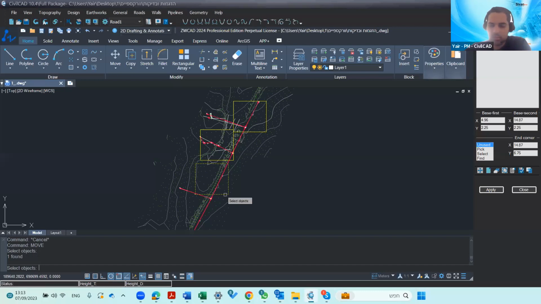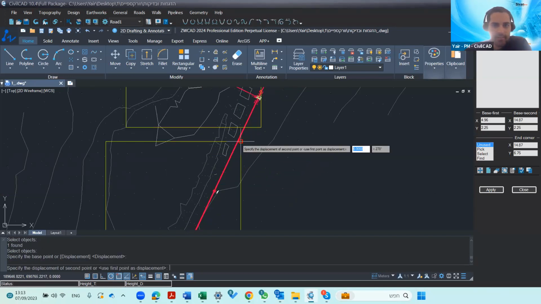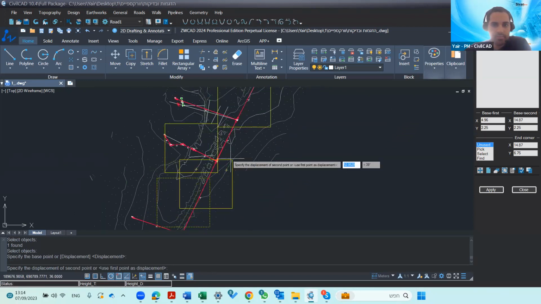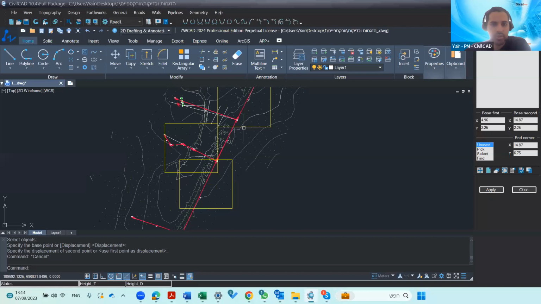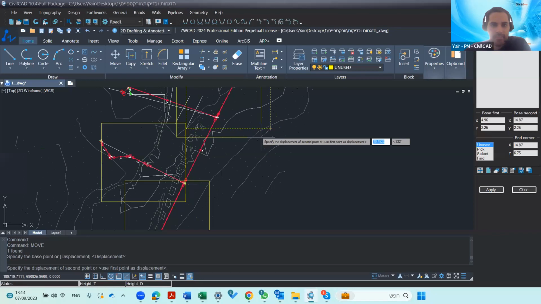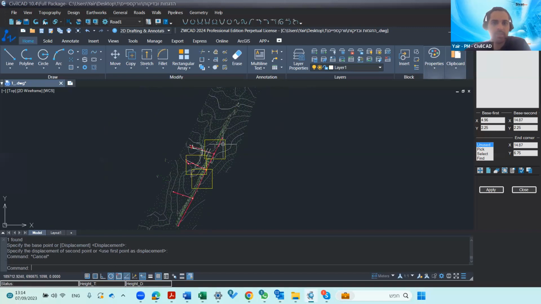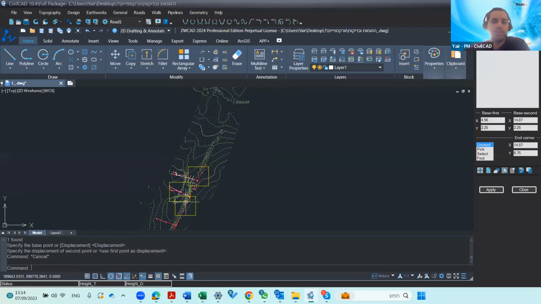Press, and take it over here. Okay, and also this one, move. This one should be here. Okay, let's say these are the frames that I want to